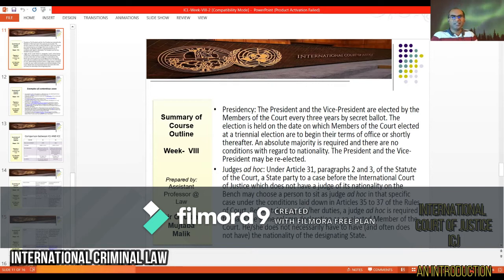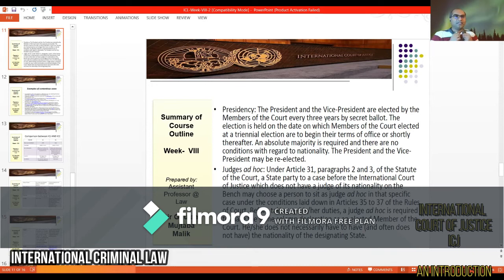If one of the parties refuses to comply with the decision, the aggrieved party may seek recourse from the Security Council. The Security Council may then, under Article 94 of the United Nations Charter, make recommendations or decide measures on how to give effect to the judgment. So, in that connection, students,